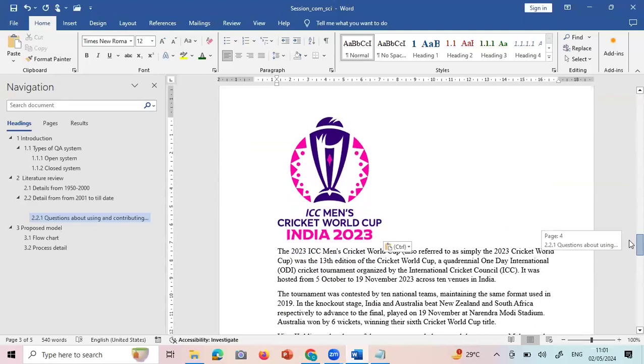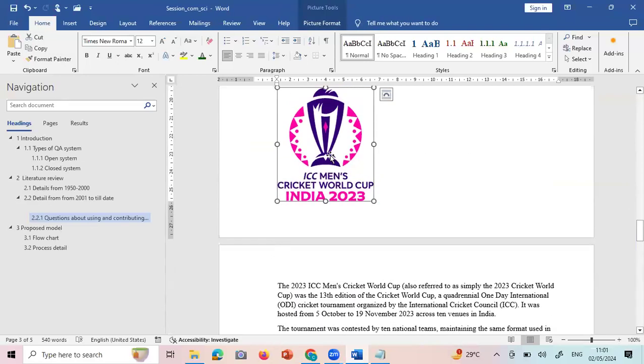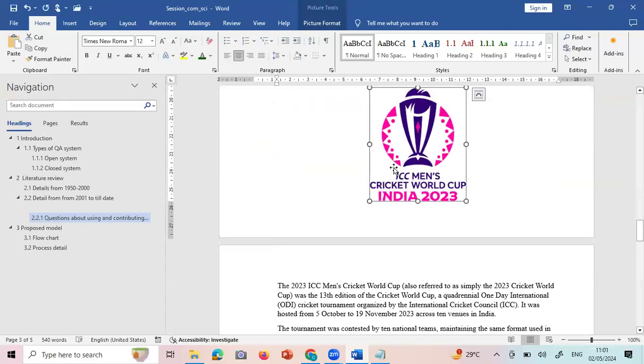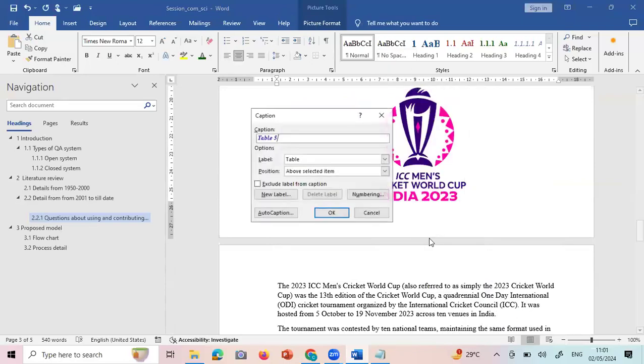So we have added this image. I'm just resizing it, right? I can put it in the center. Same way, you select, you right click, you have an insert caption. Now, see here it is coming table because it doesn't understand. I have to select. So here you have figure,